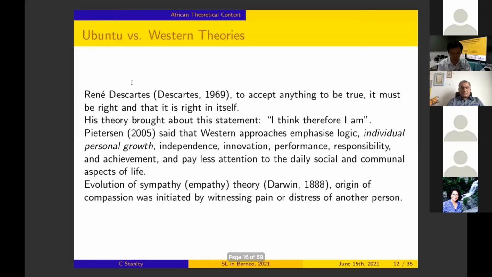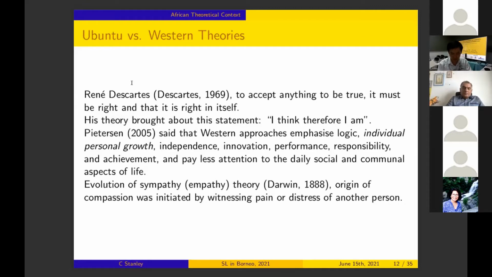And also now a bit of comparison of Ubuntu versus the Western theories. You might have heard of René Descartes in 1969 said, to accept anything to be true, it must be right, and that it is right in itself. So his theory brought about this statement, I think, therefore I am. You see, it's a bit different from the